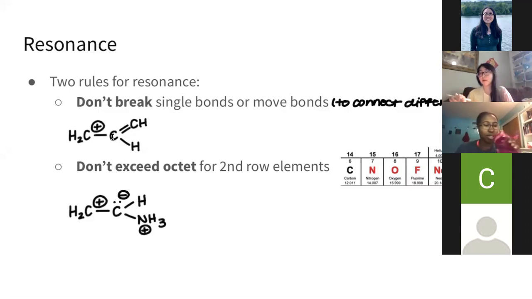I'm just going to be going over a little bit more resonance. So like Sydney talked about, some of the major rules for resonance are going to be don't break single bonds or move bonds around. I added the caveat to connect different atoms because, of course, if we're moving bonds to connect different atoms, we're creating a new molecule that is not a resonance structure. Second is going to be don't exceed the octet rule for your second row elements. And so I'm going to go back for this first rule and look at one of Sydney's examples